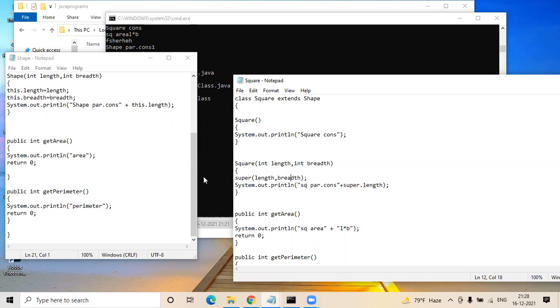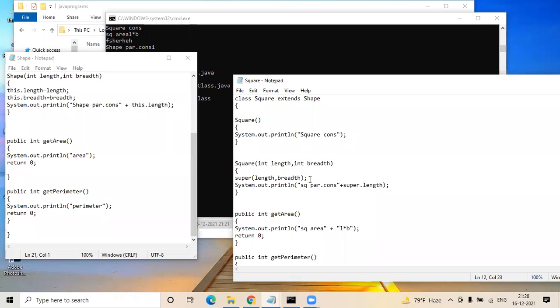Now, whatever length and breadth you get as part of your super, if you need to use them within your class, then you have the this keyword. Post receiving the values from your super keyword, you need to assign them, like this dot length is equal to length. So after super, assign this dot length equal to length, this dot breadth equal to breadth.